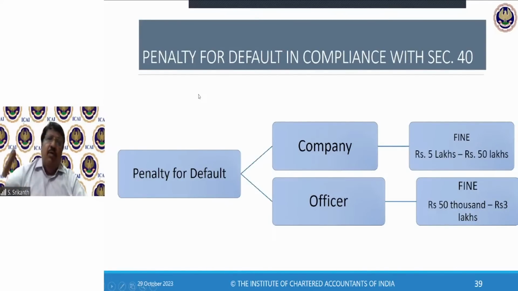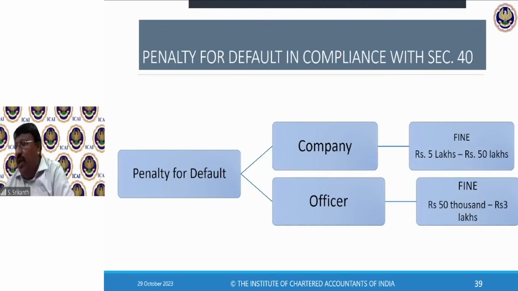No imprisonment, only fine. 5 lakhs to 50 lakhs, and for the officer 50,000 to 3 lakhs. Somebody had that brilliant doubt that day, whether it is possible to increase this 3 lakhs. No. Whatever is stated here is the upper limit. But mostly the ministry is given the freedom to help you, so instead of going for the highest level, they may go for the lowest minimum level. Depends on who that person is, the real intention. Even then, the minimum penalty is 5 lakhs, nothing below that. Okay.